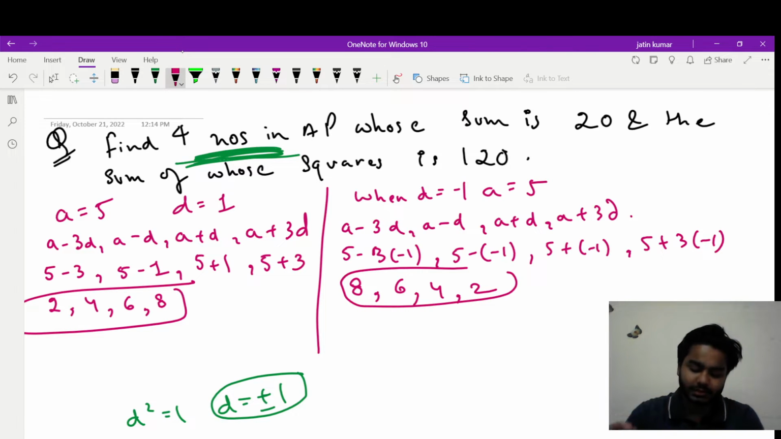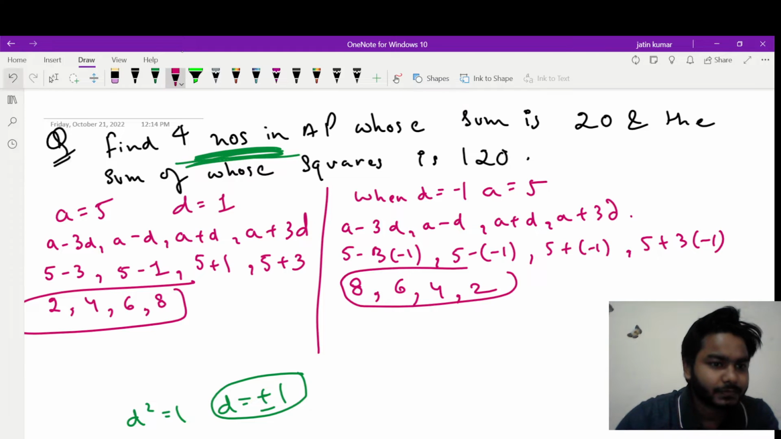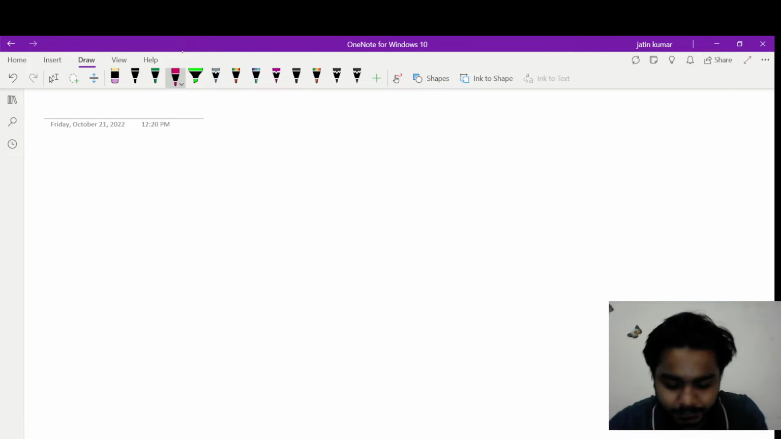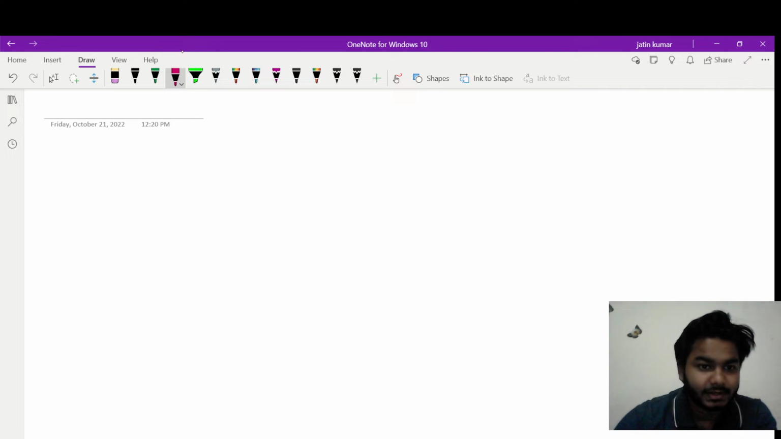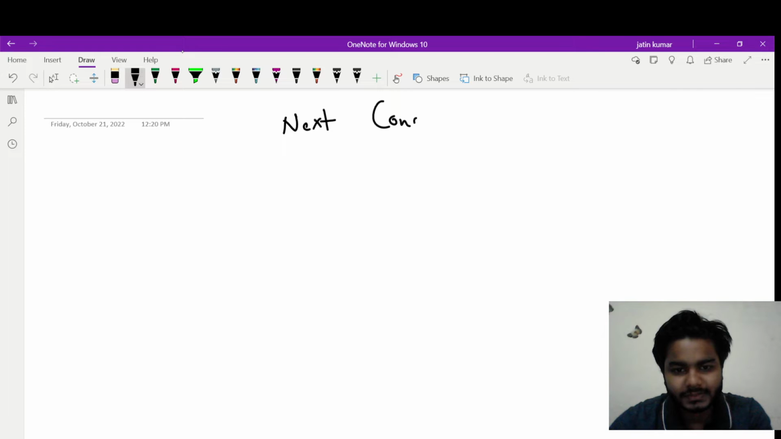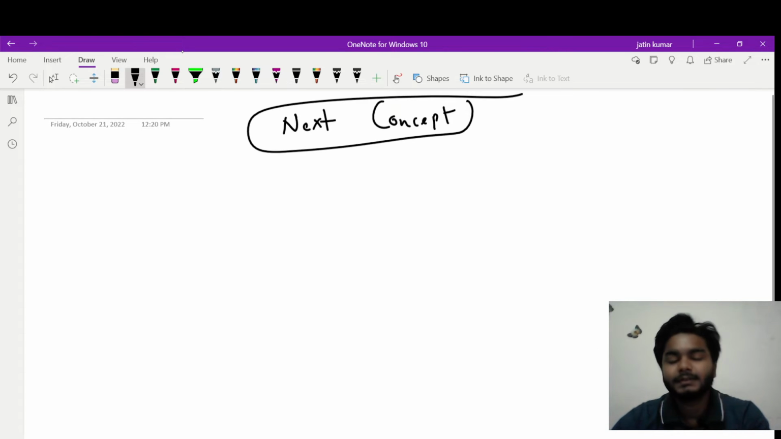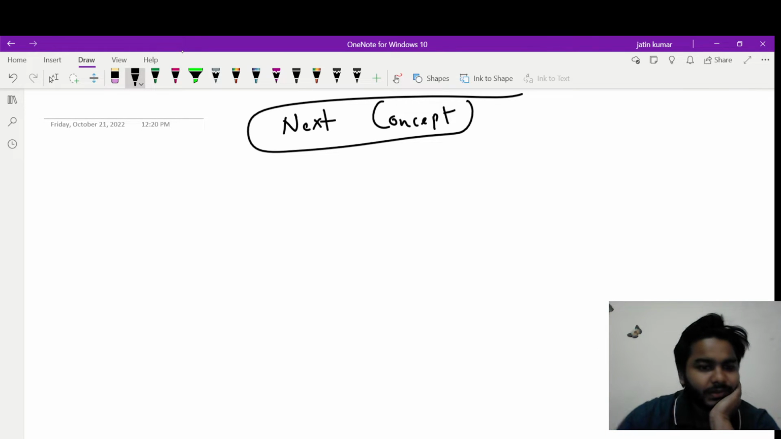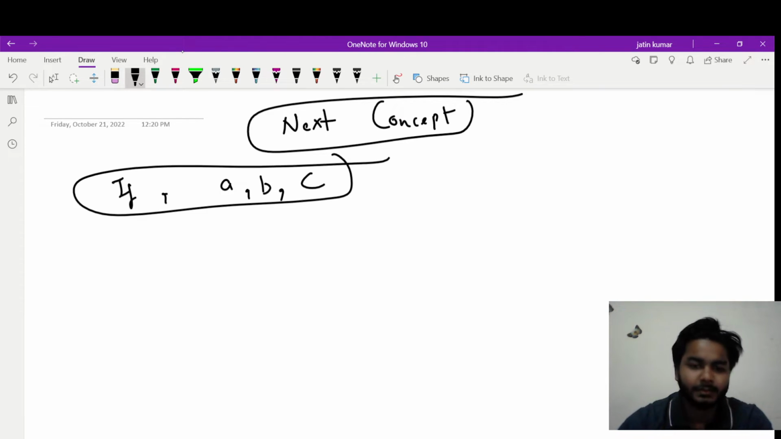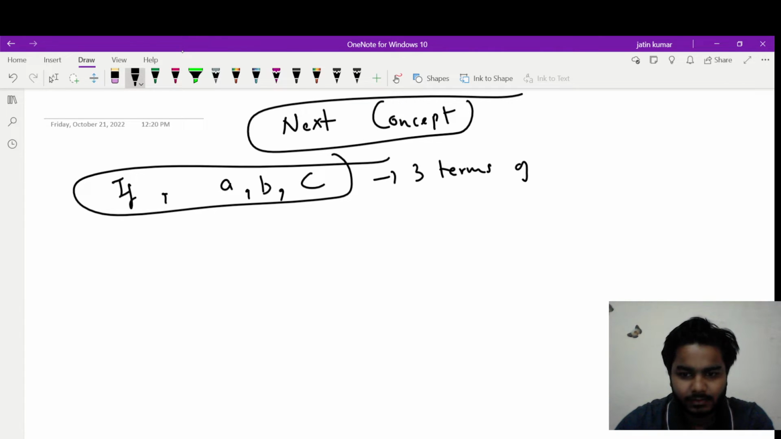Now you have got the concept and you have got the questions also. So let's move on to the next concept. Now the next concept is, in case A, B and C are the first 3 terms of AP, then